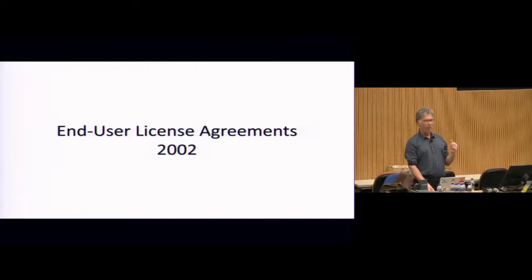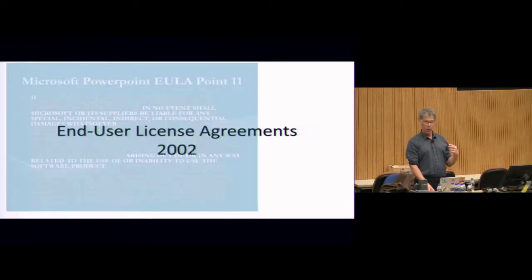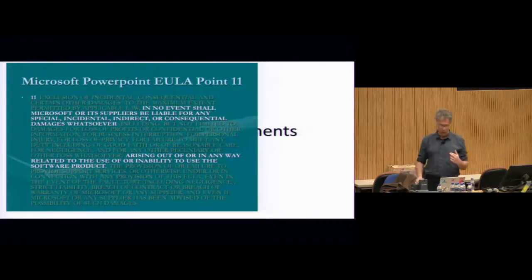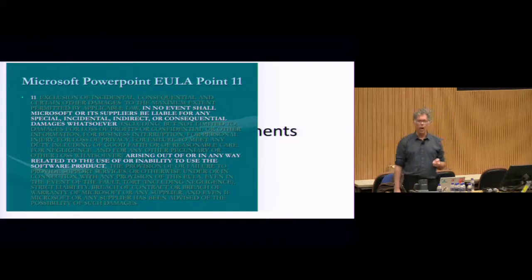And as a formal contract, you could go to a EULA and you could read, for example, in the Microsoft PowerPoint EULA point 11, in no event shall Microsoft or its suppliers be liable for any special, incidental, indirect, or consequential damages whatsoever, skip over the green stuff, arising out of or in any way related to the use or inability to use the software product. So whatever this bunch of bits does or doesn't do,